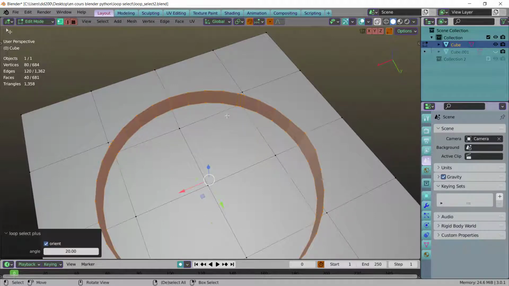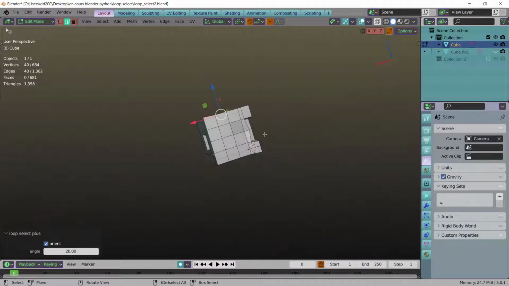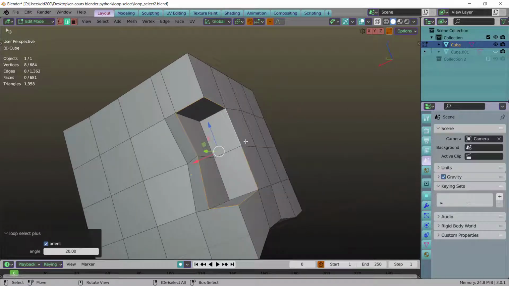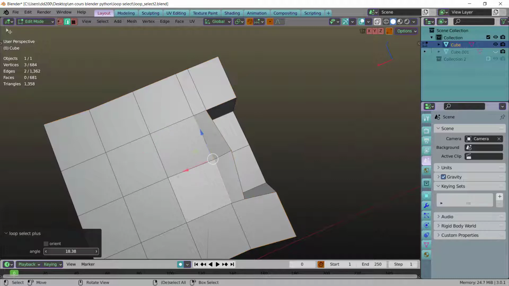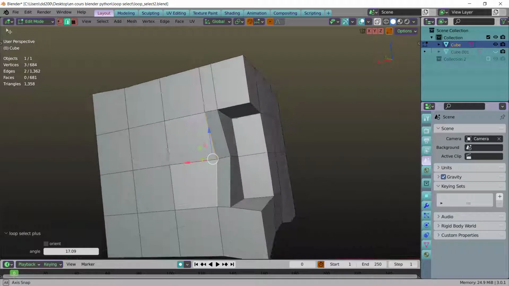If you are in vertex selection, you are over an edge, you double click, and this is automatically going into edge selection. Before, it was not working on geometry like this, but now it is working. If you do the orient, it is inverting to search in this direction, but I recommend leaving it by default. So if you do this, you can select this.